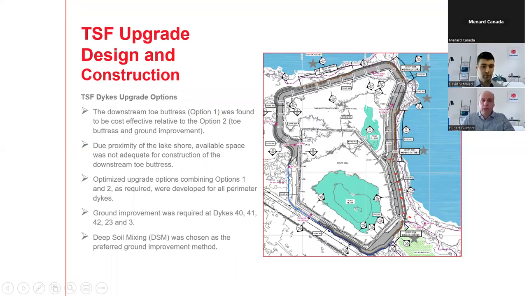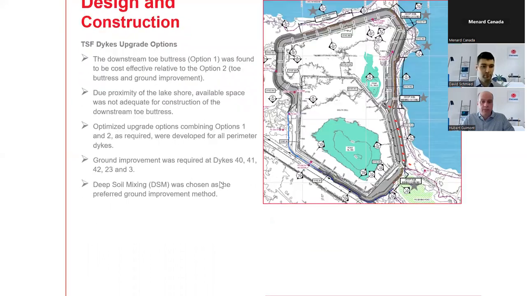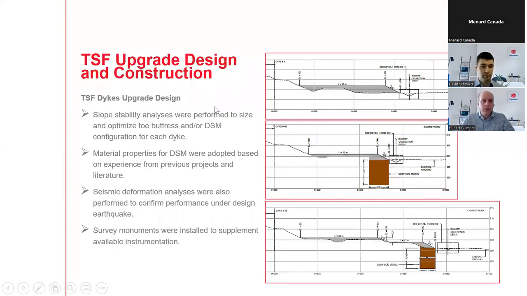So what was decided by the client was to go with a combination of buttressing and ground improvement: deep soil mixing shear panels at the toe of those existing tailing dams. Here you can see the type of size we're talking about. The tailing dams are roughly 10-12 meters high, and we came up with some shear